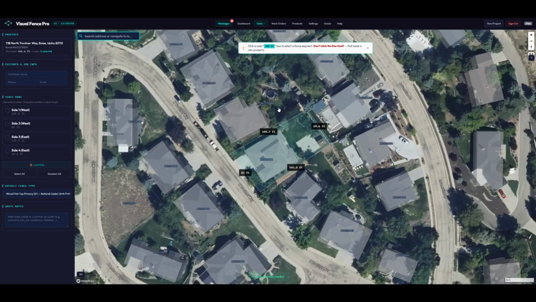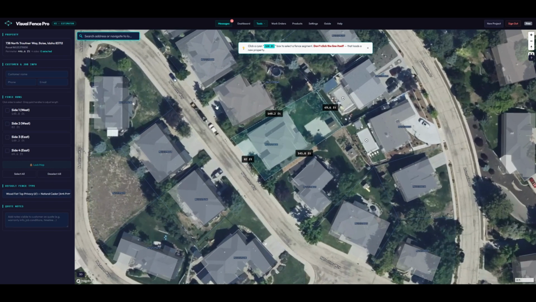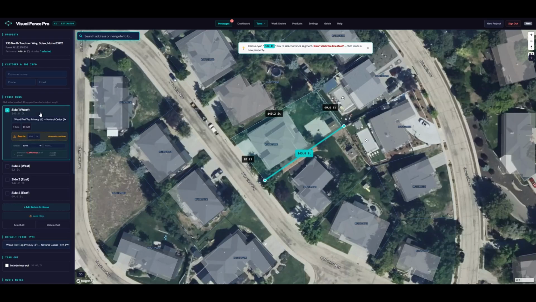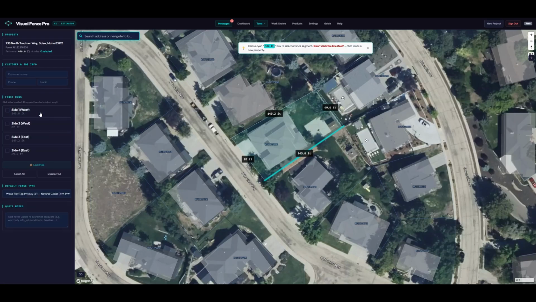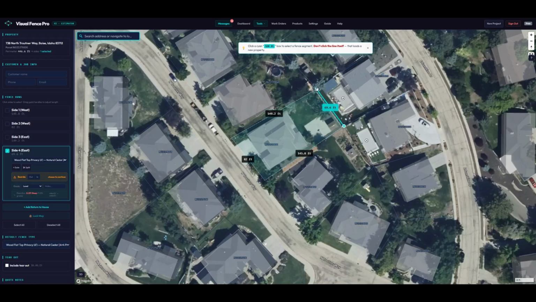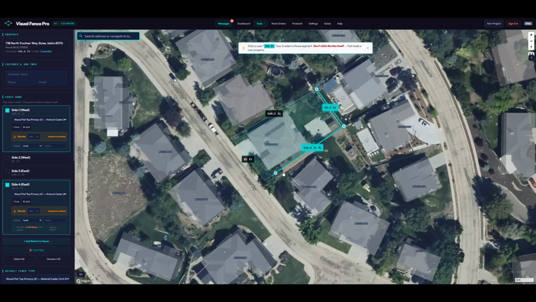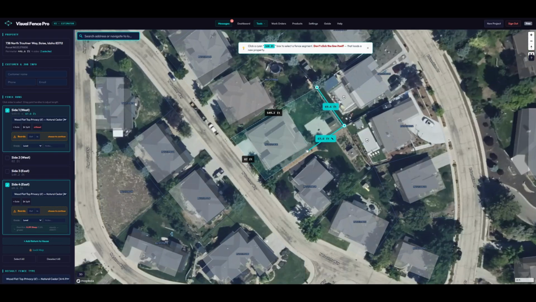In the fence runs list, click a side to include it. It turns cyan on the map. Click again to remove it. So if the customer only wants the backyard, select just those sides. The cyan handles at each corner let you drag a run shorter to stop at a driveway or an existing fence. There are Select All and Deselect All buttons, and a Lock Map button to keep the map from shifting